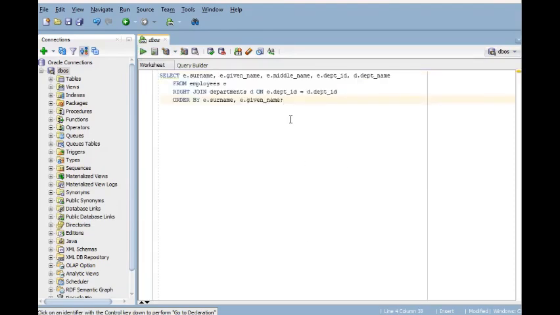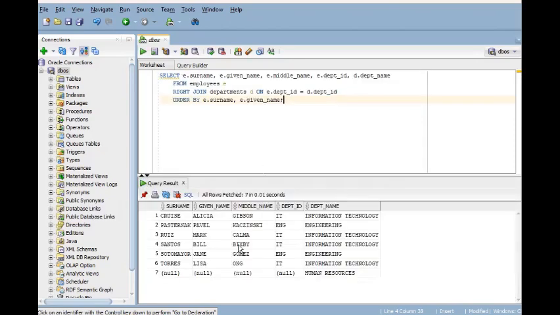So if you look at this select statement here, you can see again keywords that will tell you this is ANSI style. You have right join, you have on. Okay, it is joining 2 tables, employee and departments, using this join condition over here. And it has this order by clause here. Okay, so I can execute this just for you to have a look. It also gives you 7